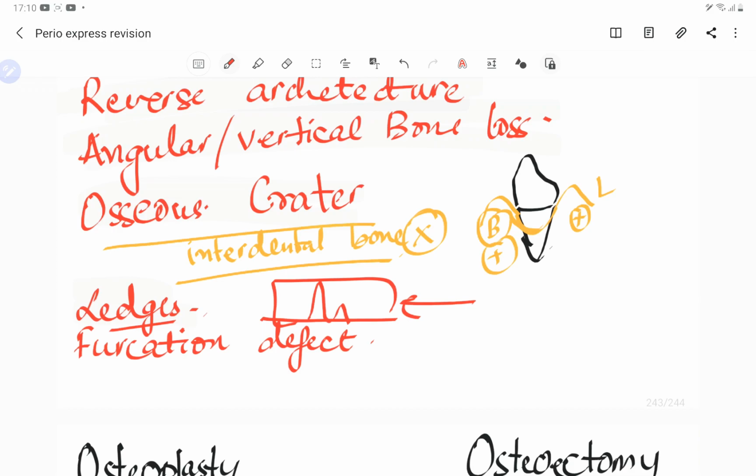I am going to give you an example of a furcation defect. We have already classified the furcation defect and we know that, suppose this is a molar tooth, this is the furcation area. Sometimes in class 3 furcation, we are talking about the Glickman classification, we have already covered, there is a soft tissue, but beneath that there is no bone. So what we do is we convert this class 3 into class 4 so that there is no plaque retention. The person can nicely clean that area so that there is no plaque accumulation, no further periodontal involvement. So in that case we remove this part.